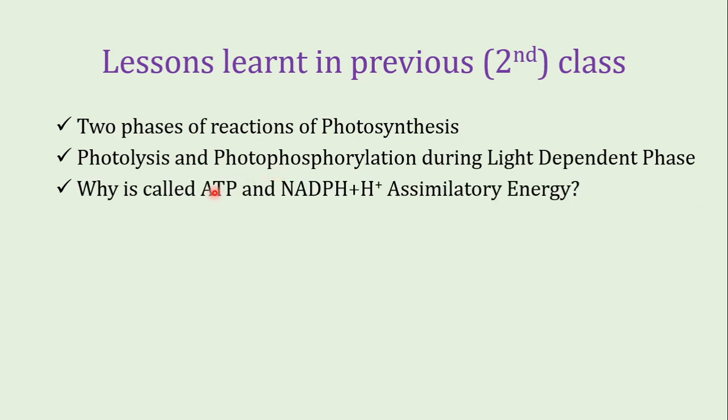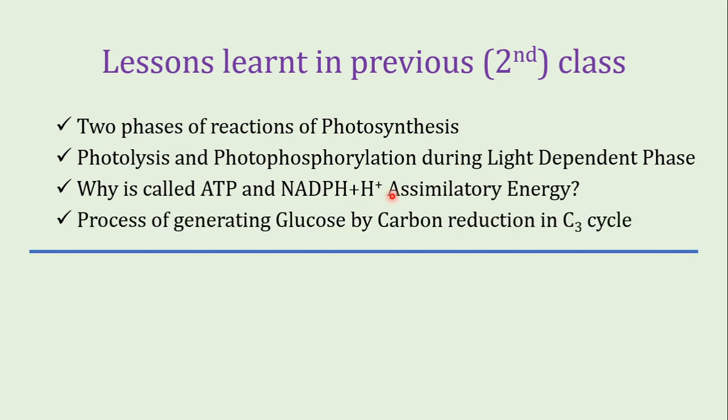And why are ATP and NADPH called assimilatory energy? Because the energy of ATP and NADPH is used to assimilate carbon dioxide to produce glucose. And we have also understood the C3 cycle that takes place during the light independent phase for most of